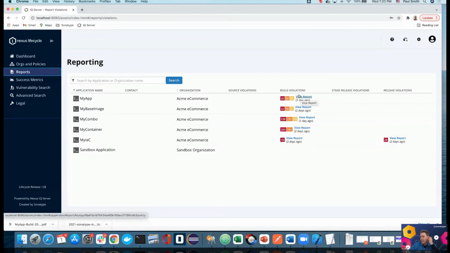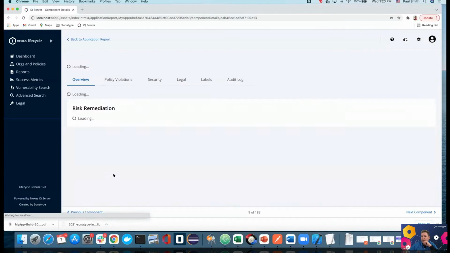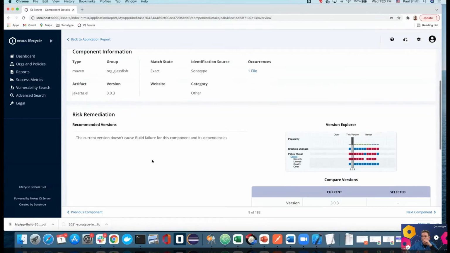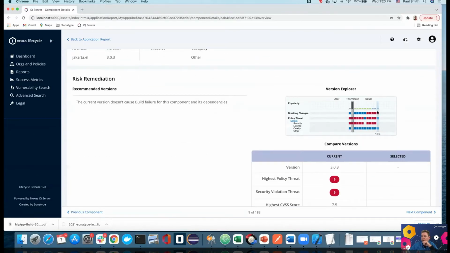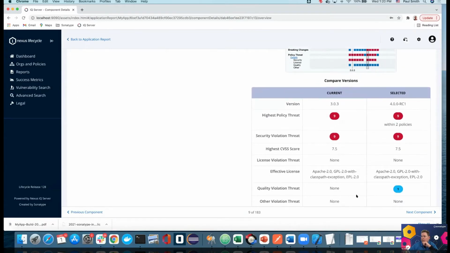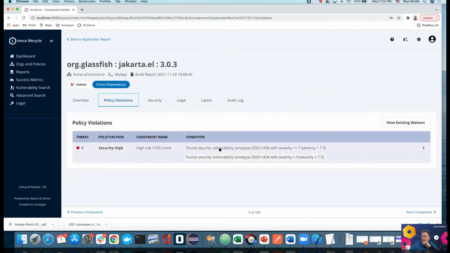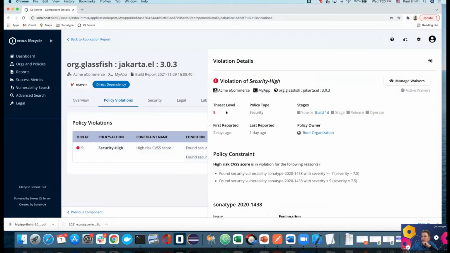All right, so let's look at a report. We'll look at the application here, and let's see, maybe we can look at one of these. This will give us an overview. You can see here we have a version explorer, so I can click and see the comparison. If I move, is anything going to break? I can look at policy violations here. And this is interesting because you'll notice that this is a Sonatype finding. One third of our engineering organization is devoted to data research.